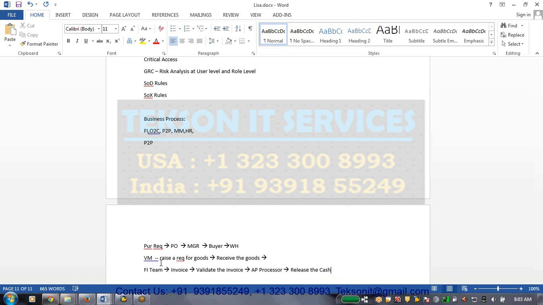So if you are using GRC, then we can identify the risk, where exactly things were happening. This is the basic stuff. Once we identify the risk by using GRC, by running the risk analysis,